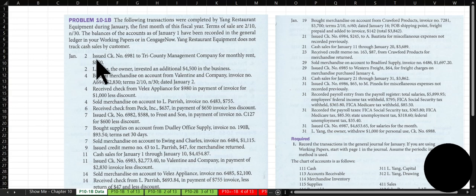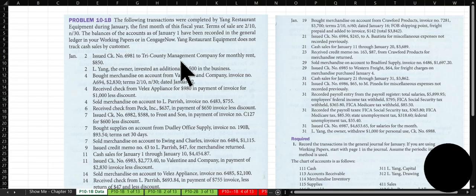First one is on January 2nd, they issued a receipt, number 698, to this company, and it's for the month's rent, for $850. And so the check is check number 6981, and we're making it payable, or it was made payable to